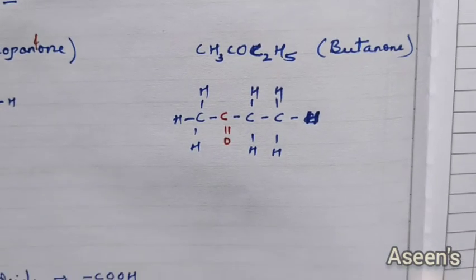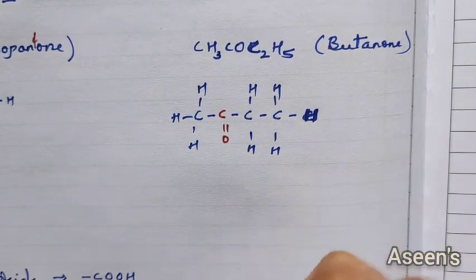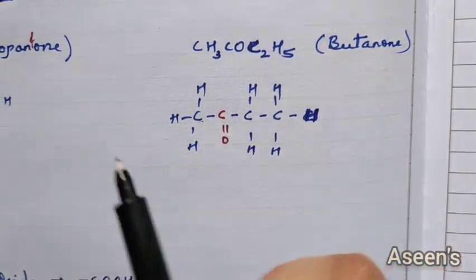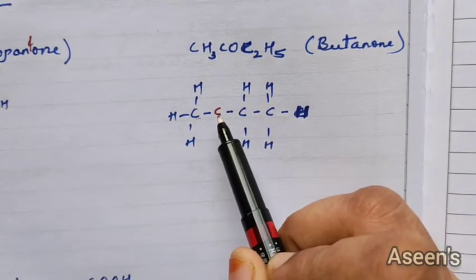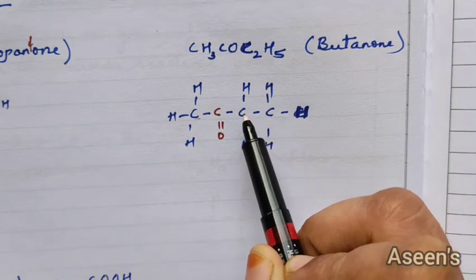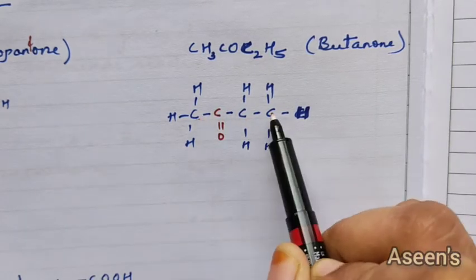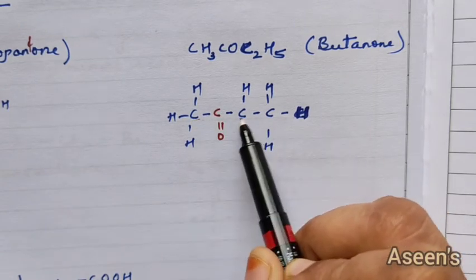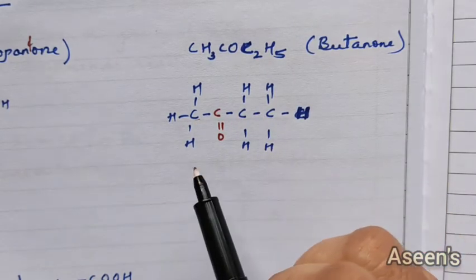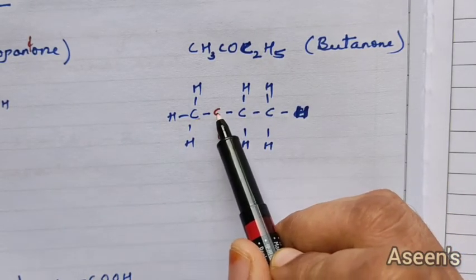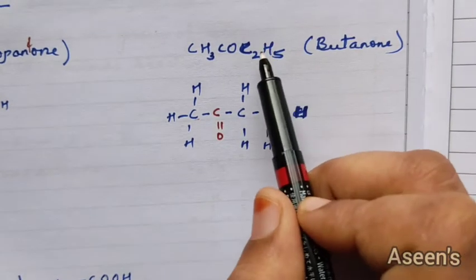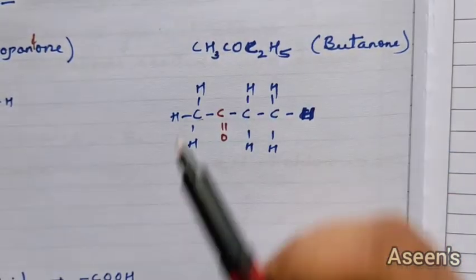Next, we are going to see the next member, that is butanone. We need 4 carbons. So we have used 4 carbons. Now, which one has to be your ketonic group? So it can be either this or this. Okay, you'll get the results almost the same. But it should not be the first and the last one. So somewhere in the middle, whichever carbon you can utilize for the ketonic group, but never the first and the last one. Okay, so in this case I have made the second one. If you are interested, you can try with the third one. Okay, no much difference. This part will just be vice versa.